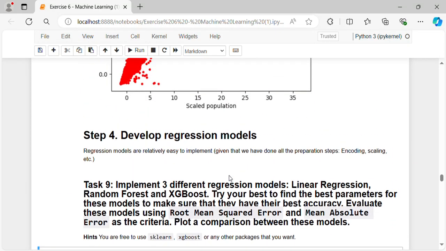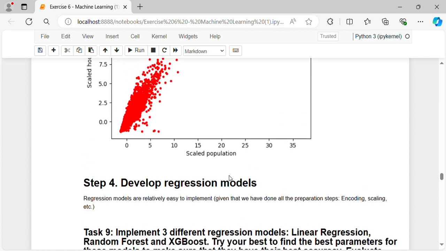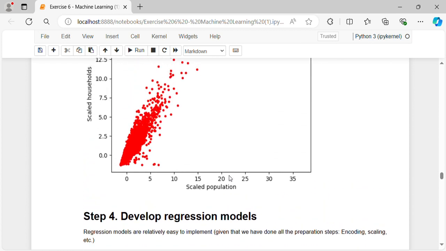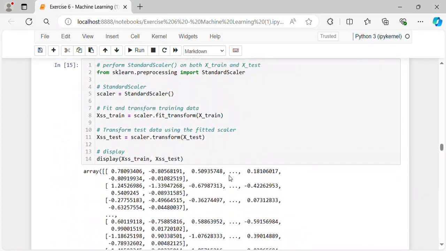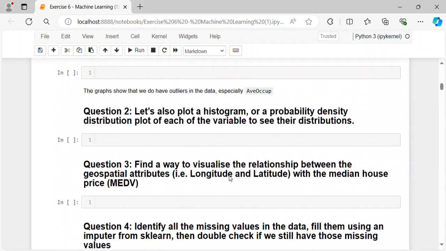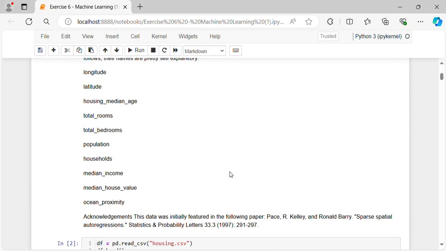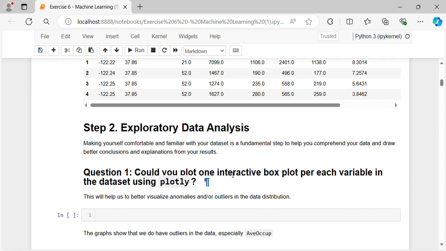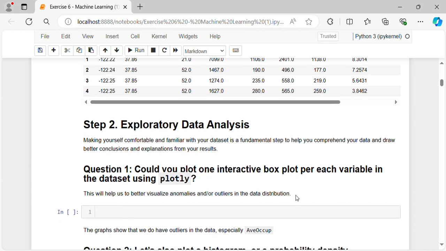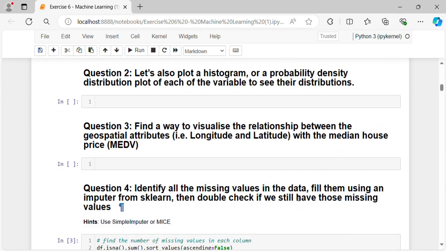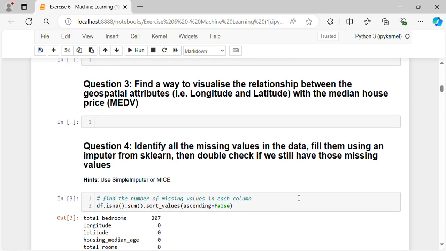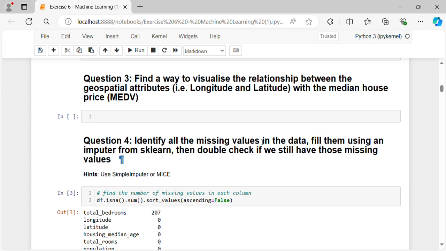In this lab, we will continue with applying machine learning methods on the dataset of housing from California. So in step 1, we read the data from the file, and in step 2, we explored data analysis. We plotted interactive box plot for each of the variables in the dataset using Plotly. Then we plotted a histogram for each of the variable to see the distributions. Then we visualized the relationship between the geospatial attributes, that is longitude and latitude, with the median house price using